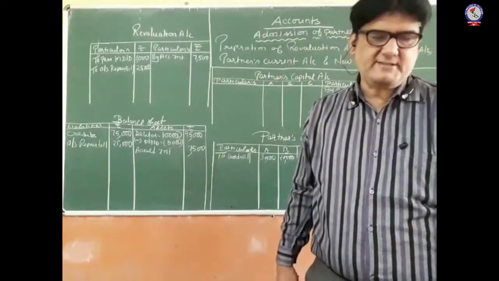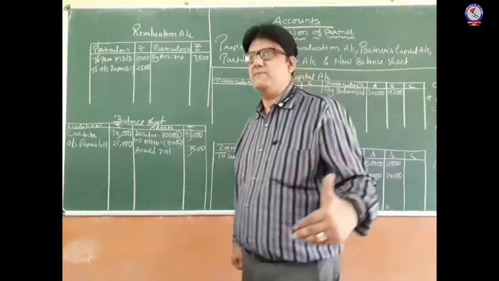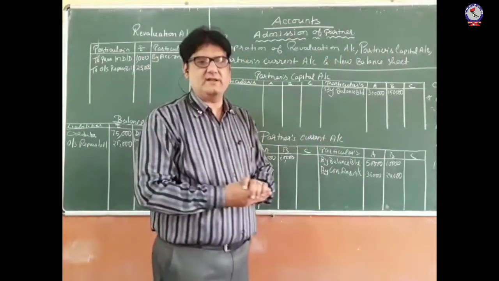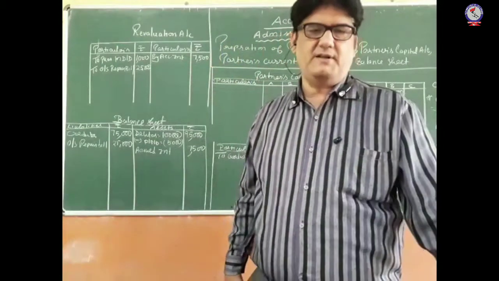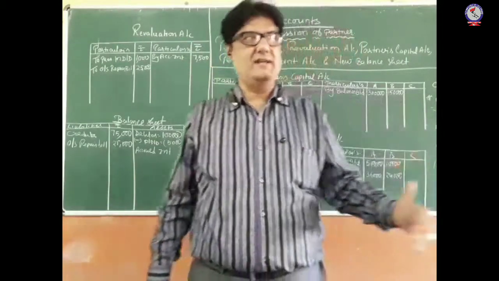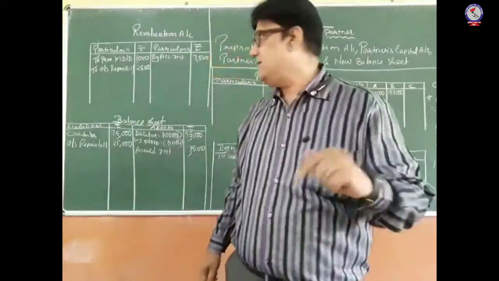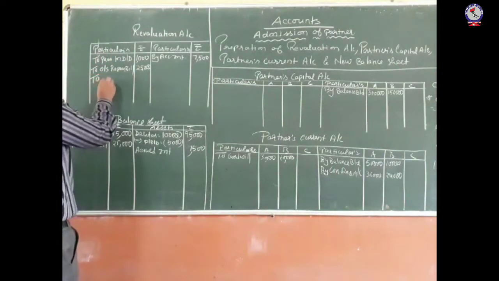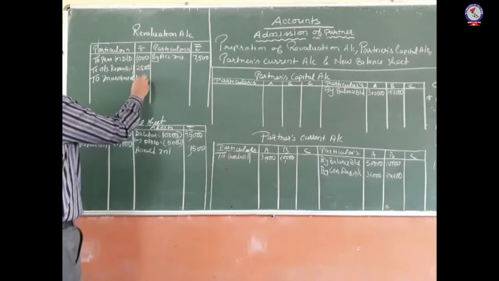Then A takes the investment at an agreed value of 30,000. A ने जो कंपनी के पास, फर्म के पास जो इन्वेस्टमेंट थे वो 30,000 रुपए में टेक ओवर कर रही है. Now we have to see that worth of investment was 40,000. इन्वेस्टमेंट जो था वो 40,000 का था. A ने उसको 30,000 में टेक ओवर कर लिया, तो दैट मींस ओवरऑल लॉस हो गया 10,000 का. तो रिवैल्यूएशन से लॉस जाएगा टू इन्वेस्टमेंट के नाम से. That is decrease in the value of investment is 10,000.